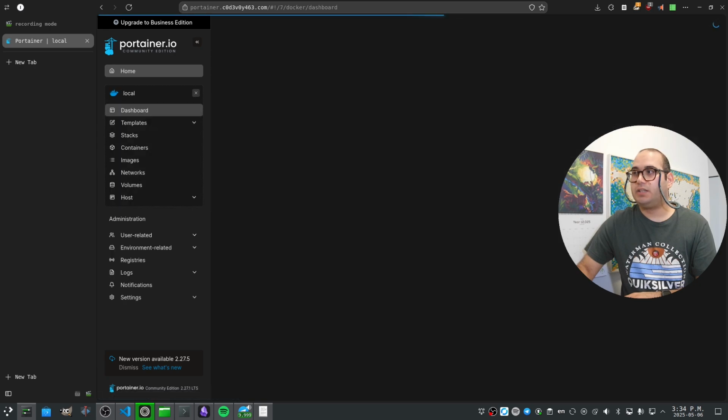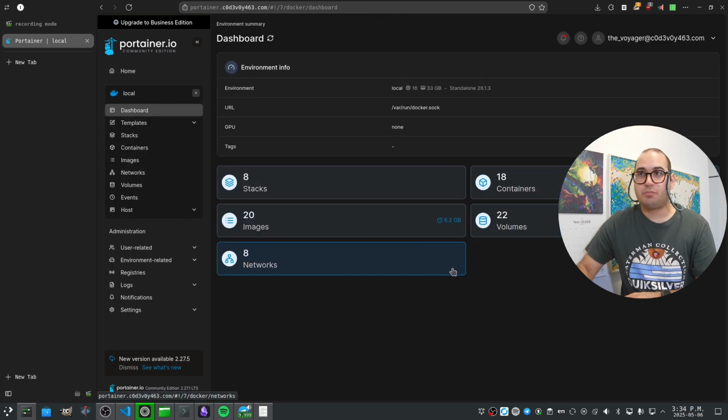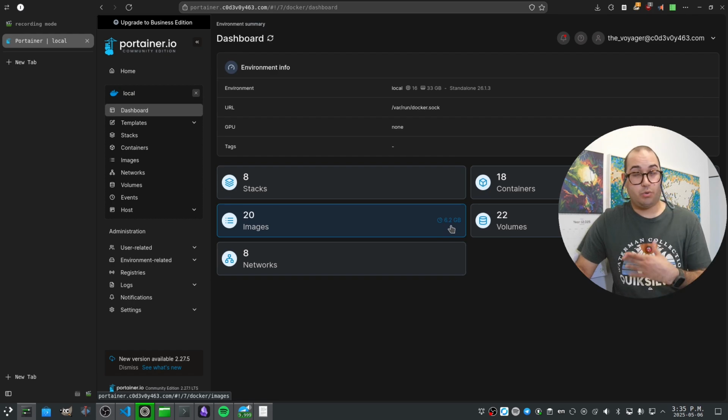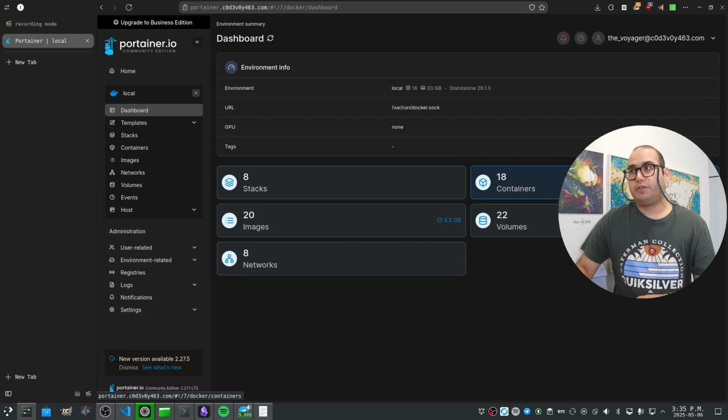And when I do a live connect, I can go to the dashboard and see I have 8 stacks, 20 images in total with 6.2 gigabytes of storage. I have 18 containers, and all of them are running. None of them are unhealthy or healthy for that sake, so it means that I need to work on my health checks even more. I have a couple of volumes attached, networks, and I can explore all of these things, and this is really